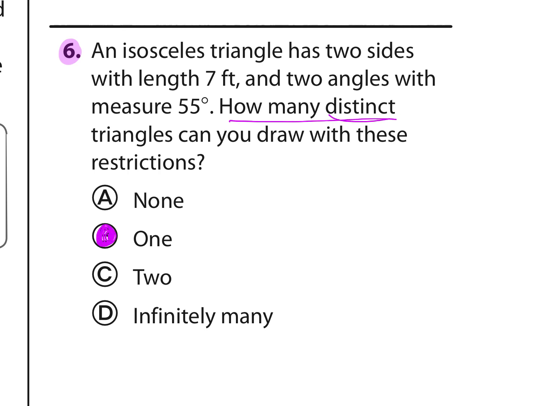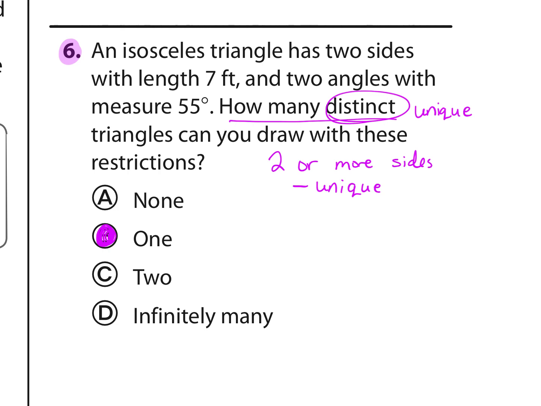Anytime it says distinct, that really is talking about, is it unique, is it distinct? That's about the same thing. And if you have two or more sides of a triangle given, then it will always be unique. If it's an actual triangle and you know at least two sides, it will be unique, because the third side